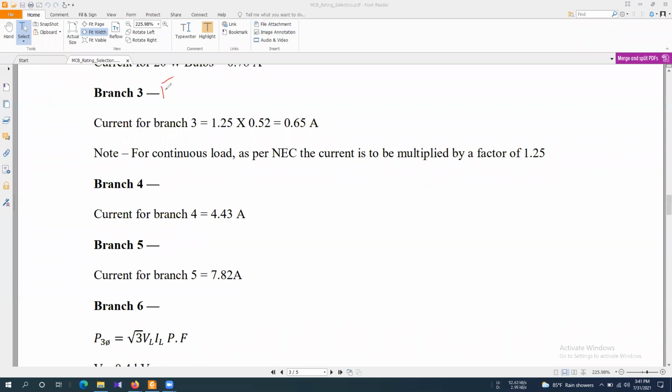Branch 3 had a freezer, you remember? So a freezer is a continuous type of load. For the continuous type of load, you need to multiply the 1.25 parameter with the total load current. This is the total load current of this branch. As the load is continuous, you can simply multiply a 25% overload factor with this one to get the absolute one. This is only limited to continuous type of load. You do not need to consider any other factors regarding non-continuous type load. But for the continuous one, you can simply consider 1.25.